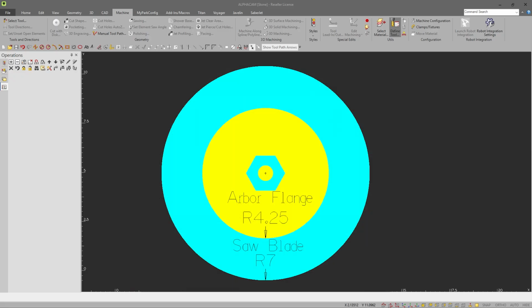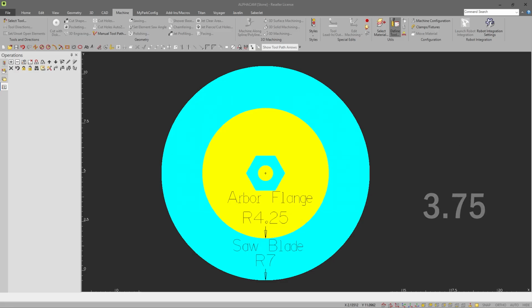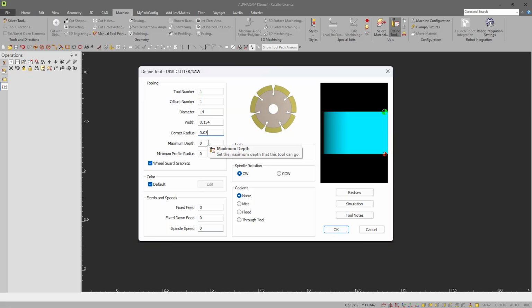The maximum depth depends on the diameter of the blade and arbor. My 14-inch blade has a radius of 7, and the arbor has a radius of 4.25. If I subtract the arbor radius from the blade radius, I get 3.75, which would be the very maximum depth that I could cut. I'm going to set my maximum depth to 2.5 inches since I never cut anything thicker